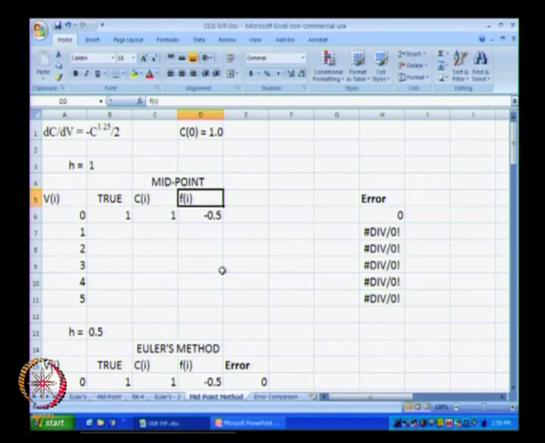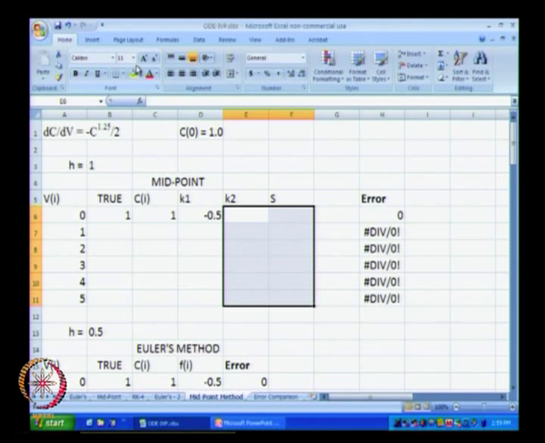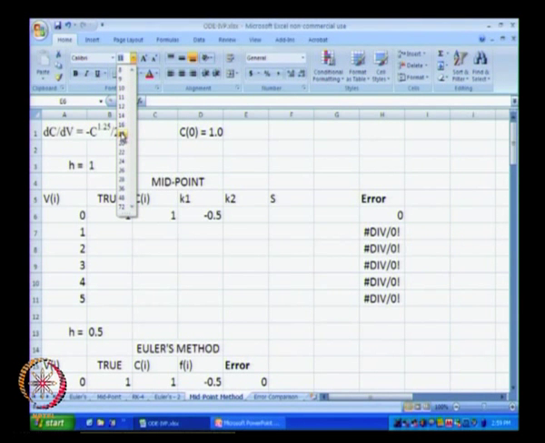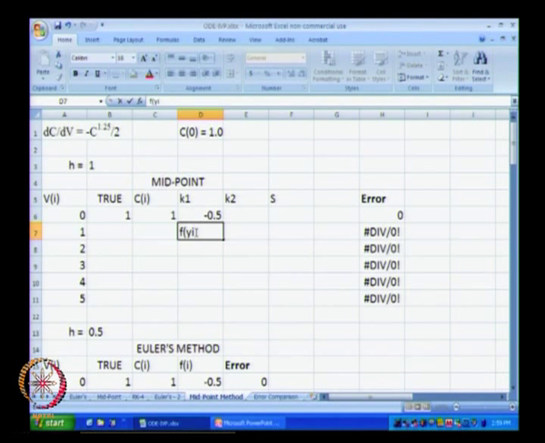We do not need F anymore, we need K1, we need K2, and we need our slope value S. Okay, those are the things that we are going to require for solving this using the midpoint method. Keep in mind the midpoint method is a second order RK method, which means we need K1 and K2. For a fourth order RK method we will need K1, K2, K3 and K4. Okay. So, our K1 was nothing but F computed at Yi.